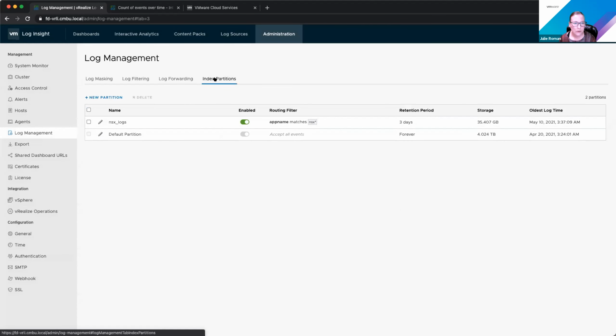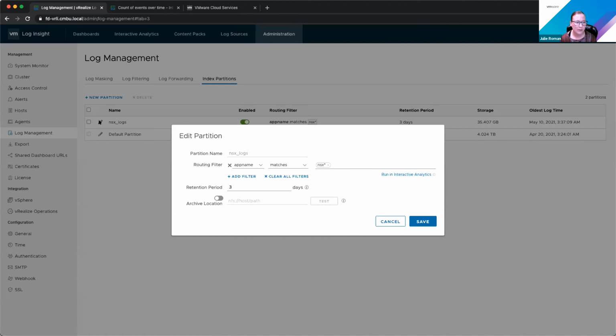There's not a whole lot new with index partitions, except now if you want to do log archival on a more granular level, you can use index partitions to do that. Previously, archival was just under the general configuration. It was either off or on. And we got a lot of feedback that only certain logs needed to be retained for a period of time on an archive basis. So if I wanted to, I could archive these or specify a specific location. And if I wanted to archive multiple data partitions, I ideally want a different path, storing those in a different folder on NFS so I know which logs are which.